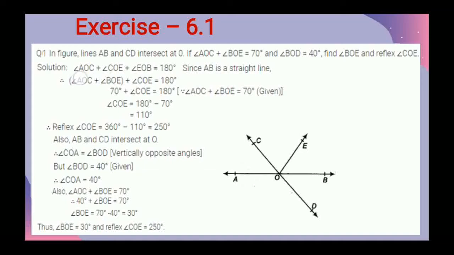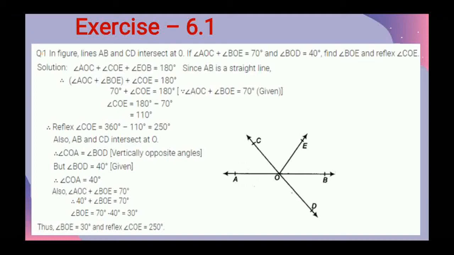So angle AOC plus angle COE plus angle EOB is equal to 180 degrees since AB is a straight line. Now angle AOC plus angle BOE plus angle COE is equal to 180 degrees, and angle AOC plus BOE we are writing together because these are given 70 degrees. So 70 degrees plus angle COE is equal to 180 degrees. So angle COE is equal to 180 minus 70, which is 110 degrees. Now reflex angle COE is equal to 360 minus 110 degrees, which is equal to 250, because